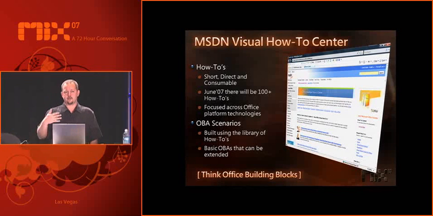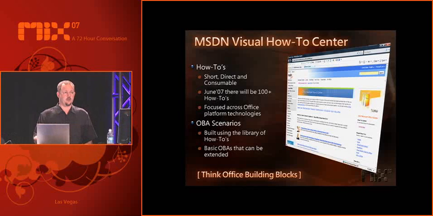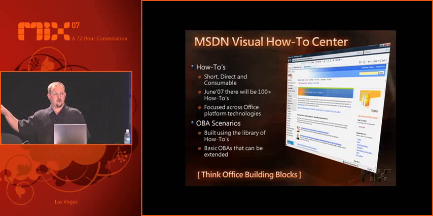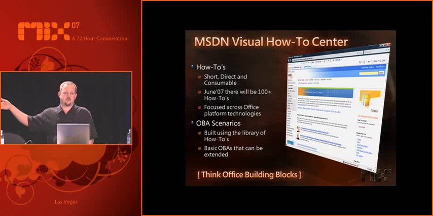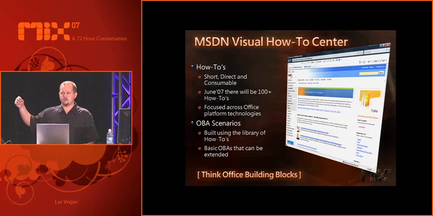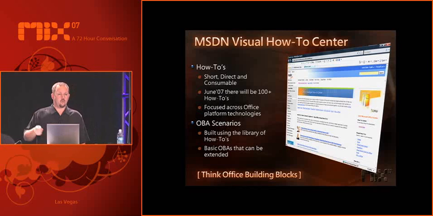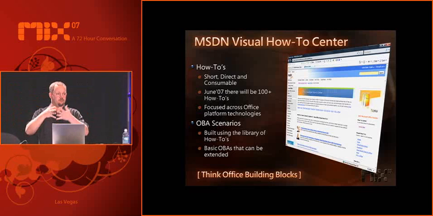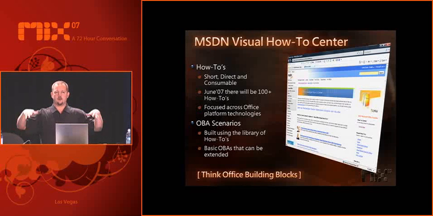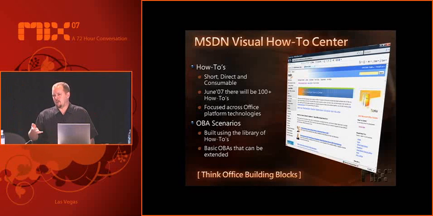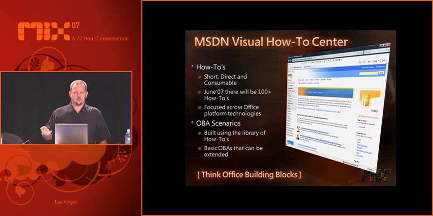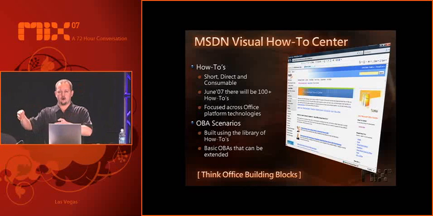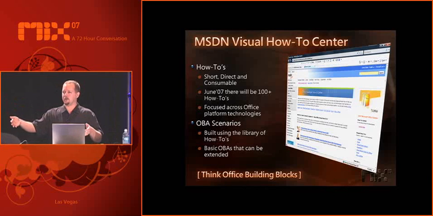We recognize that that's a big barrier for people, and that's why we've really focused on what we call Office building blocks. These are the core elements that will help you develop solutions. Once we have a mass of them, we're going to show you how to stitch them all together to actually build an Office business application from an end-to-end scenario. An example would be budgeting, being able to take a lot of our how-to work and show you how to build a budgeting application.